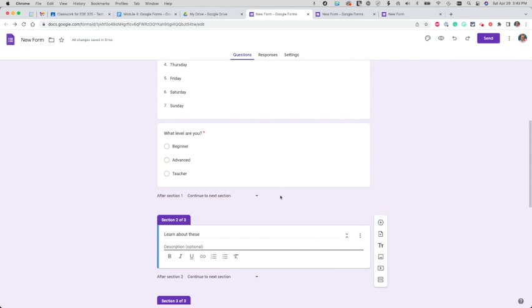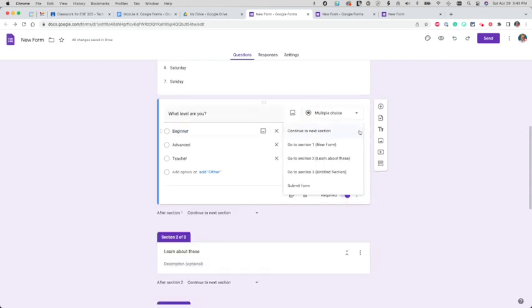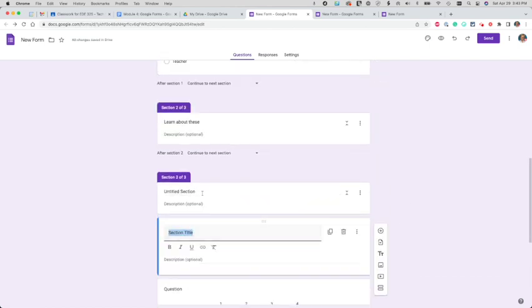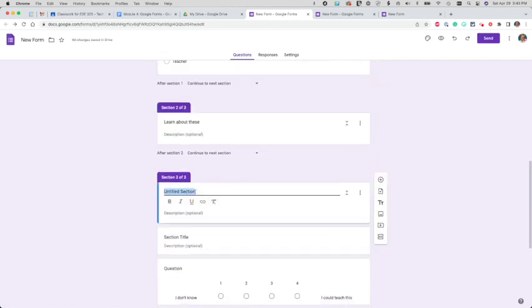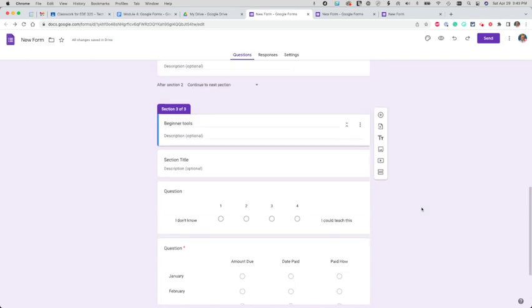So you have to look at how it branches because it can be a little confusing. But after section 1, maybe you want your teacher to continue to the next section, but you want the beginner one to jump to section 3. And section 3 could be called beginner tools. Okay. So now the way this looks,